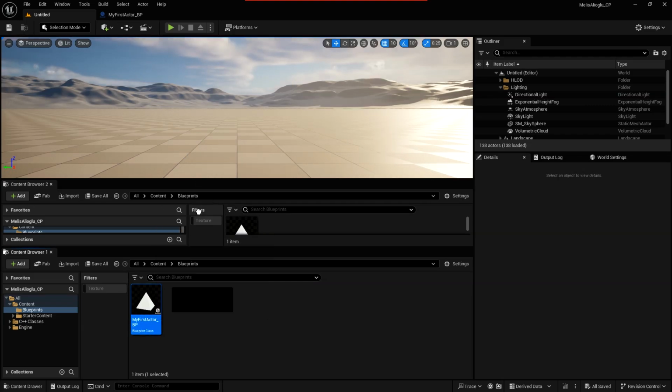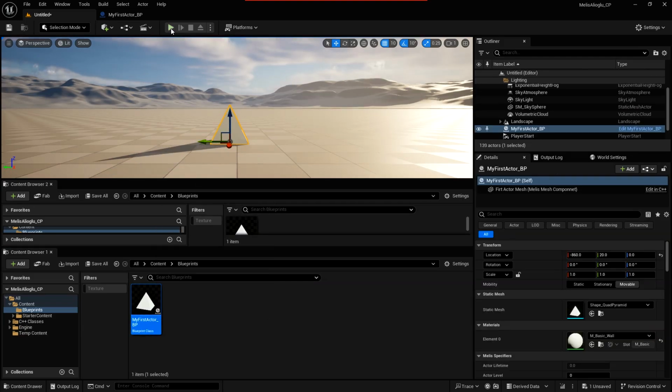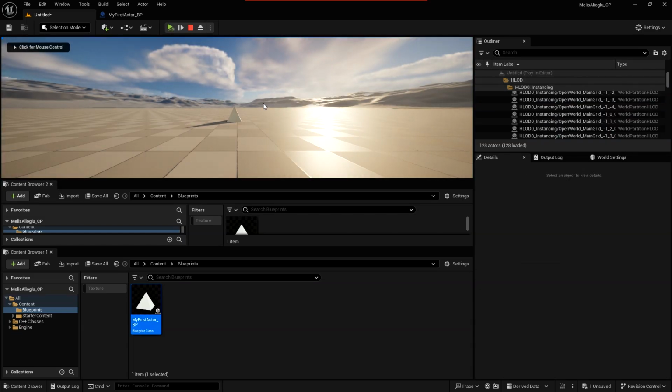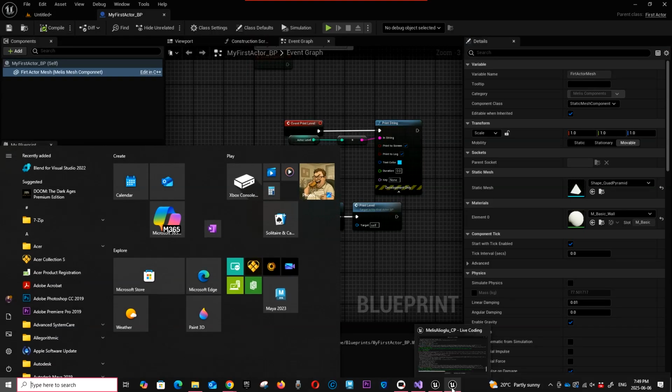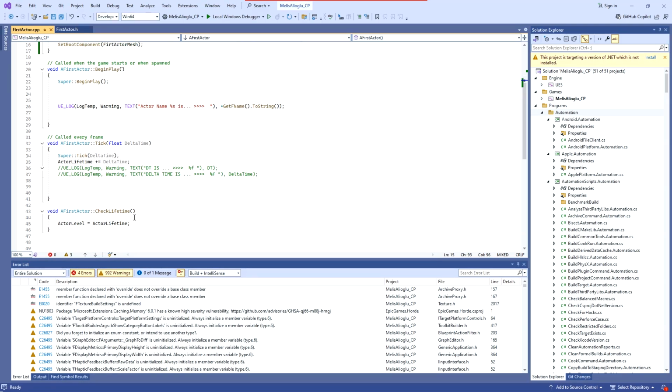And now we can put this in our scene and play, and that is in the scene. Now I'm going to play a little with that, to be able to modify the first mesh component